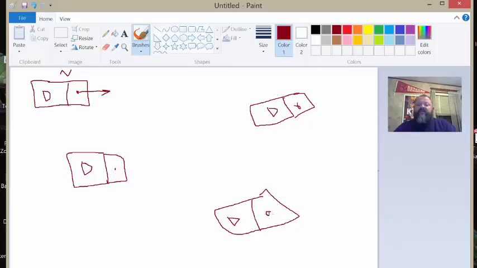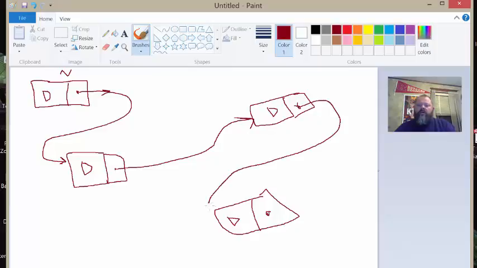All right, let's say I have the top portion of my linked list right here. That's usually called a head. We're going to draw it a little better next time. And let's say it points to here. So now this is the second item in my linked list, okay? And then let's say this one points here. So that's the third item in my list. Then this one points here, okay? So now I have 4 items in a list, and they're not next to each other in physical memory,